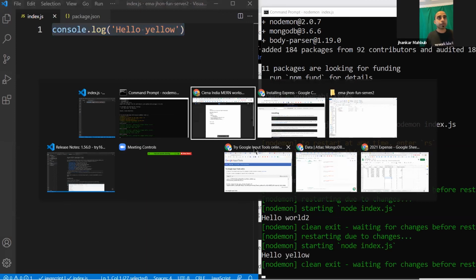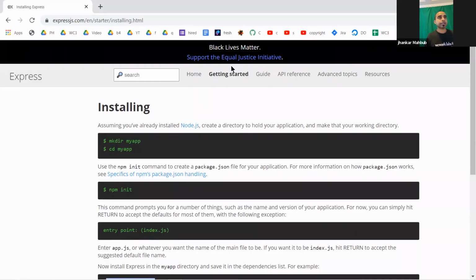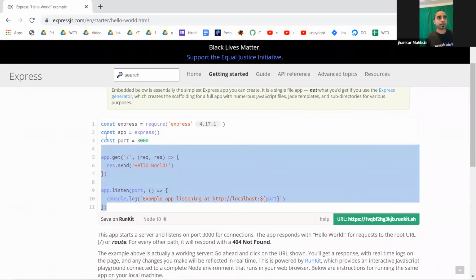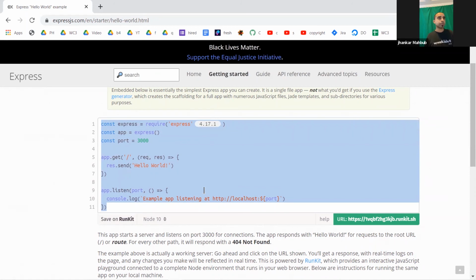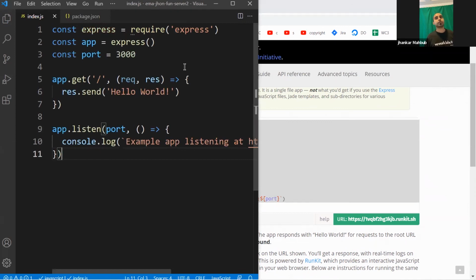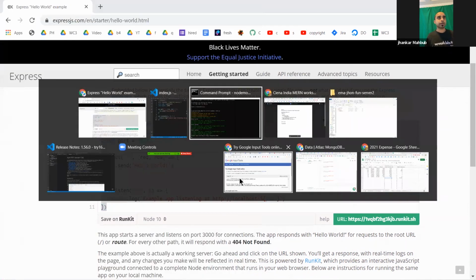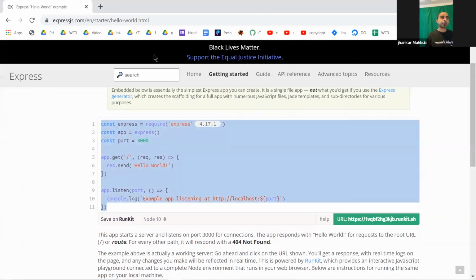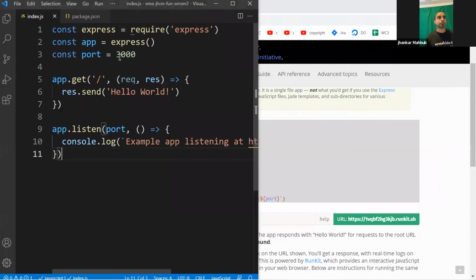So we'll go back to our getting started page, hello world, and you just need this command to start an express server. You can definitely type all this, and we did in the last session, but we will copy it this way. And if you do this and come here, you will see example app listening on 3000. And since we'll be running React on port 3000, usually you should change it to something else.